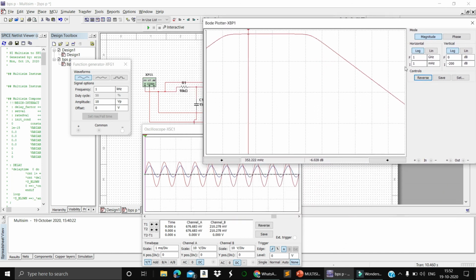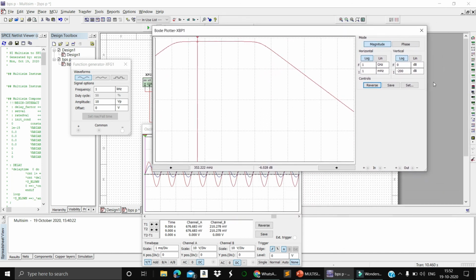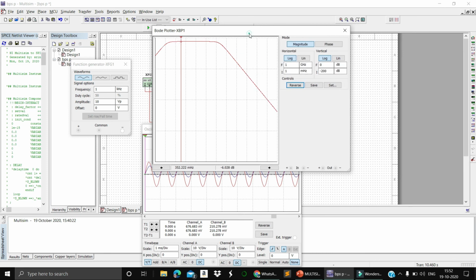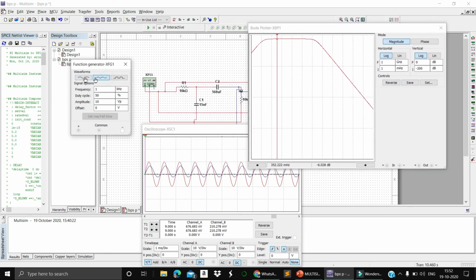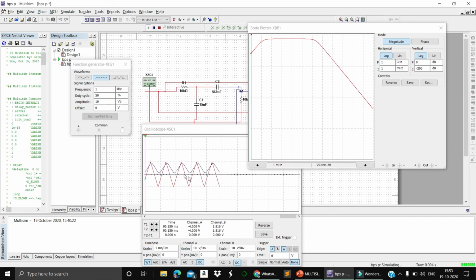I am showing for a different input also. You might be thinking that I am showing only one and the values are fixed. So now I am giving a triangular wave and running this. I will get the same output as the input, with the same response. And also if I take a square wave as input with 1 kilohertz, I get the same output with some distortion because of the capacitor discharge.